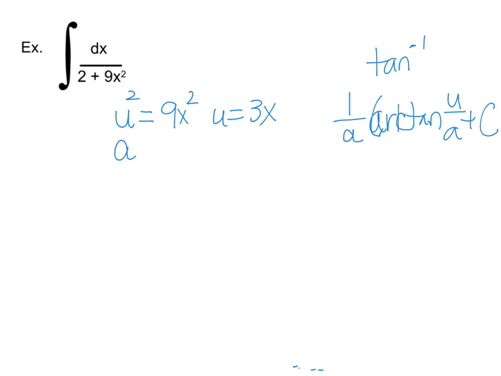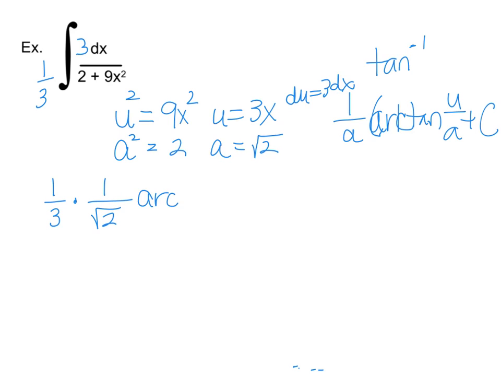Okay, a squared is equal to 2, so a is going to be equal to the square root of 2. All right, if I do du/dx, du is going to be 3 dx. So this needs a 3, right? And so it needs a 1/3 on the outside. And so to write this, I would say I've got my 1/3 that I'm bringing down times 1 over a,